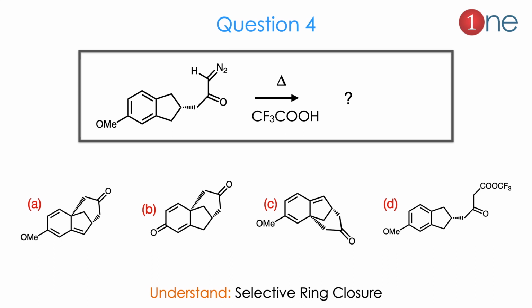Then question number 4. The starting material is benzene attached to a 5-member cyclopentane system where methyl, nitrogen and CO are nearby. Here you are using heat and acetic acid. They ask you to find the product. Definitely ring closure occurs. They ask where the ring closure occurs and how it occurs.